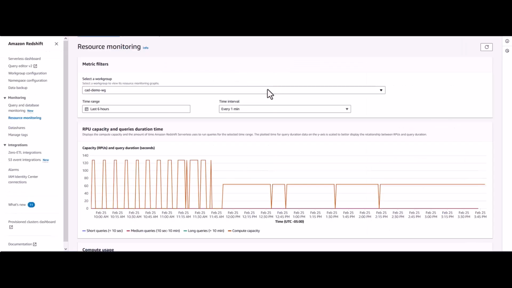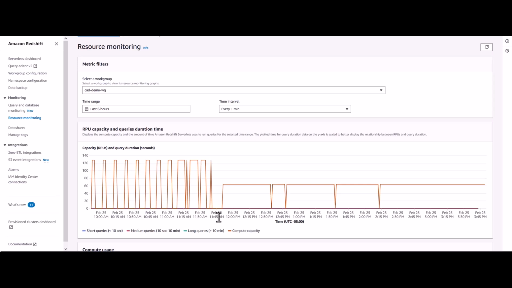Now let's see how you can monitor query trends over a period of time. To demonstrate that feature, I'm taking a scenario where I changed the base compute capacity of the serverless work group from 128. If you look at this graph, right around 11:30 and prior to 11:30, it's all 128 RPUs. There I resized it and lowered it to 64 RPUs. So there is a compute capacity change in the last 6 hours at around 11:45.